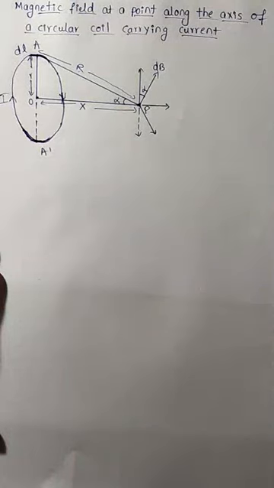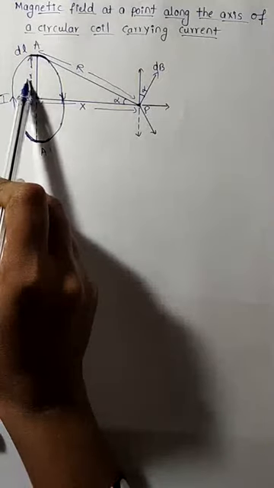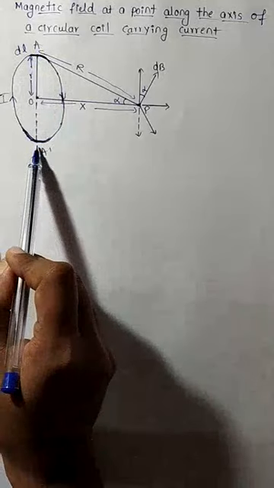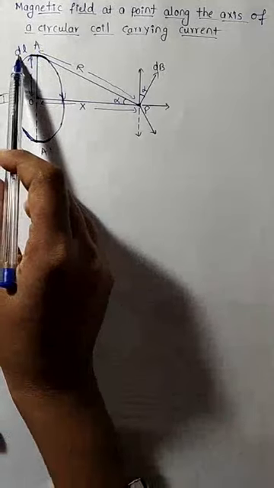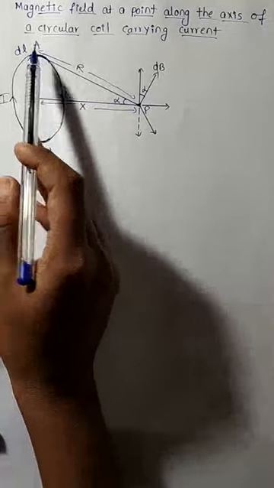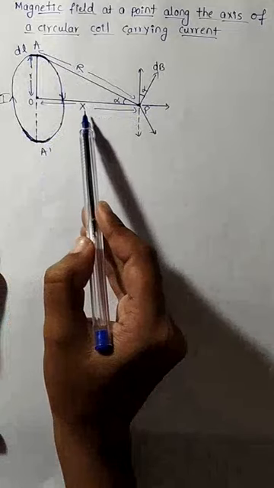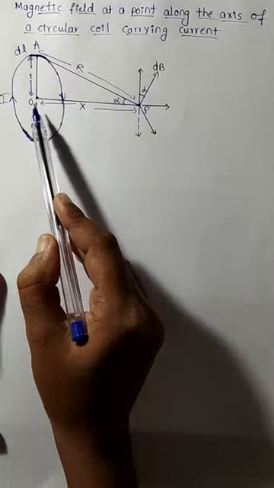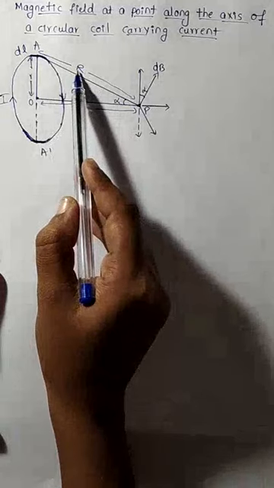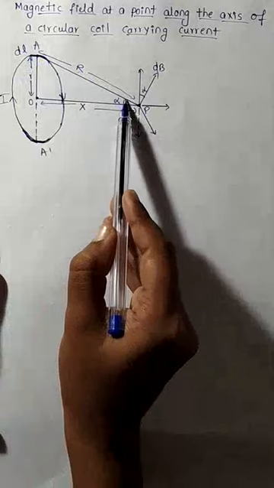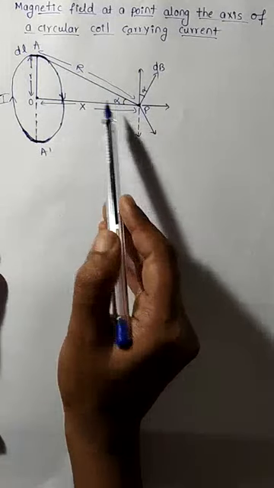If you see the picture, you can see one circular coil for which the current is flowing. Let O be the center of the circular coil and R be the radius of the circular coil, and two small current elements we have chosen, having length dl. Those are A and A dash, and P is the point which is at a distance x from the center of the circular coil, and R is the distance between the current element and the point P. It makes an angle equal to alpha.